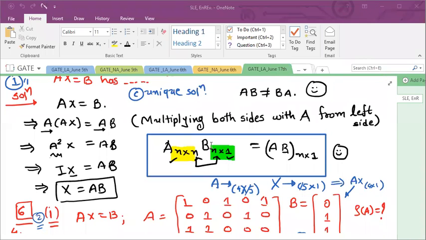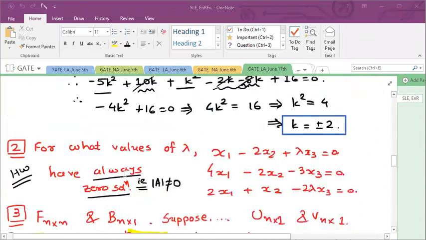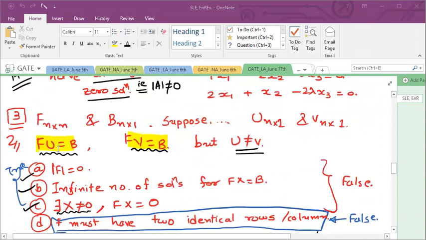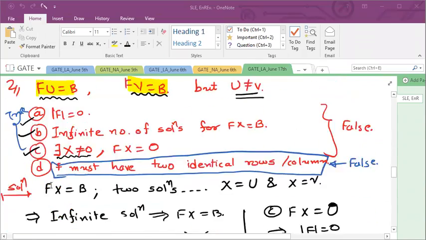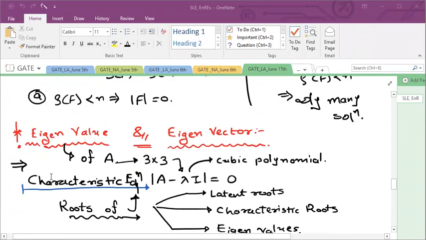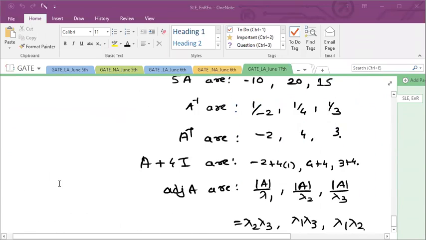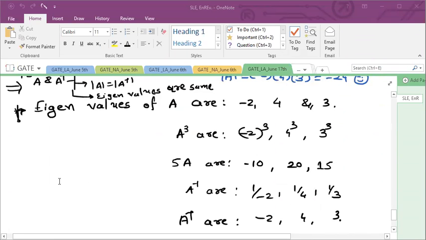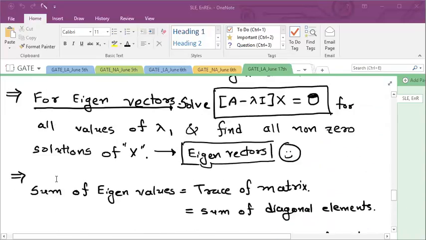So this was our yesterday's session. Yesterday we discussed a few examples, right? And after that there was some connection error or network error for Mahima and Roshan, I think. So I think they have missed these two examples, question 2, question 3. And then I showed you eigenvalues and eigenvectors, right? And its properties. And today we are going to use that only. With the help of those properties, we are going to see different examples, different numericals.